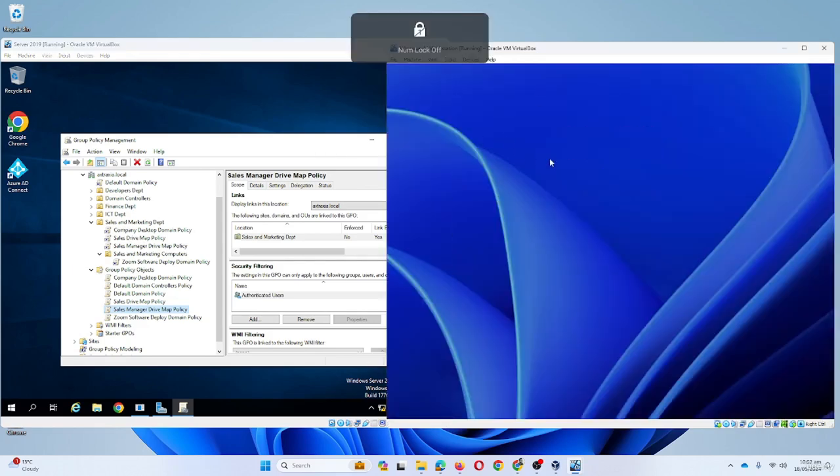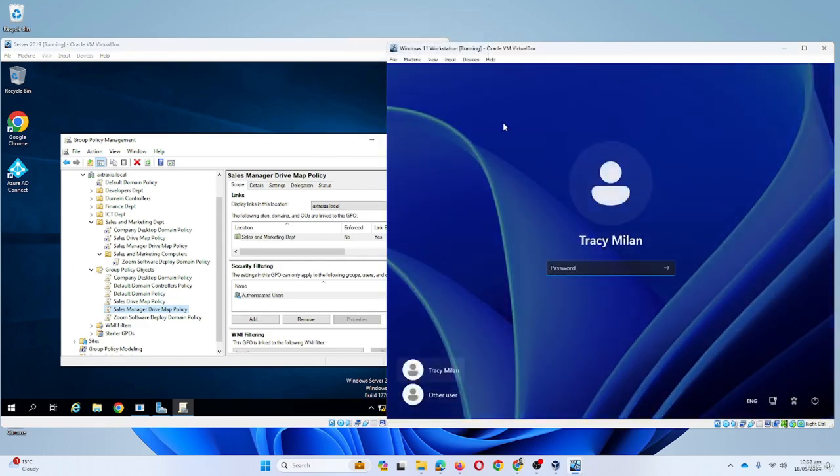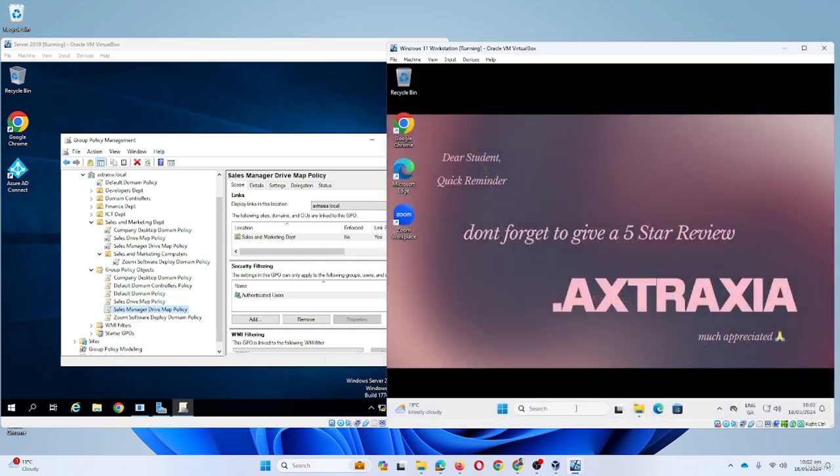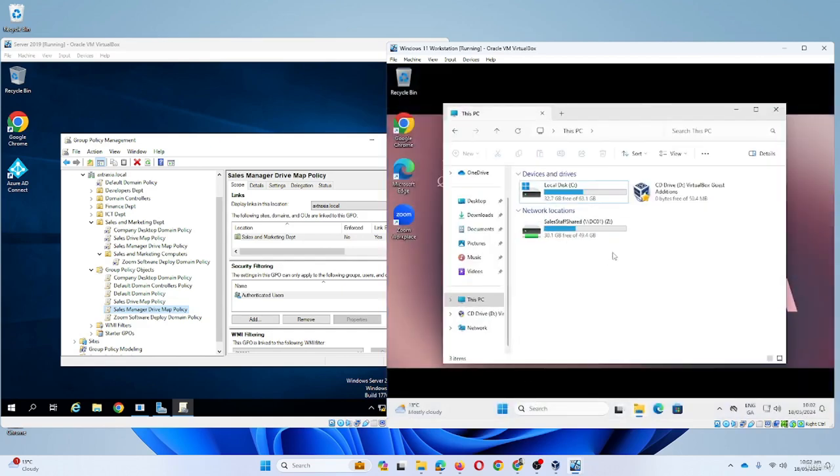So now we need to test this. We need to log in as Tracy first to see if she has the drive mapped, because she's not the one that's been targeted. So I'll just log in as Tracy, and we will just open this first, and we'll refresh this, and then we would,